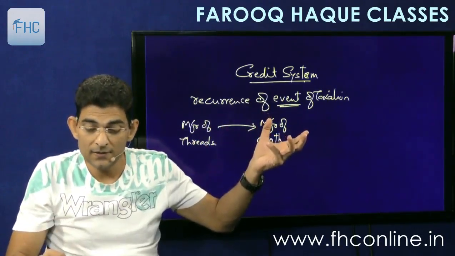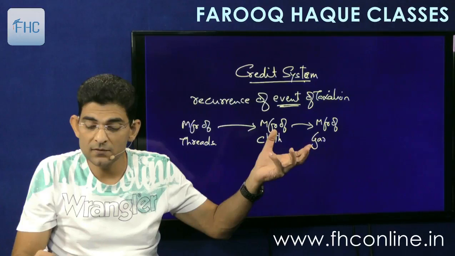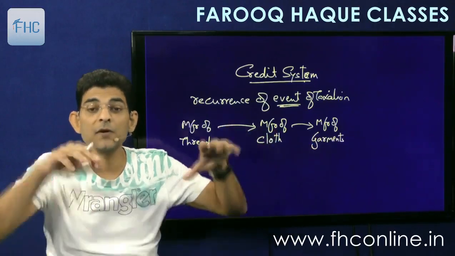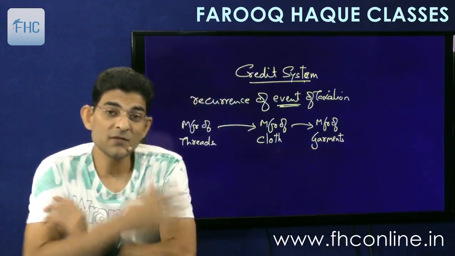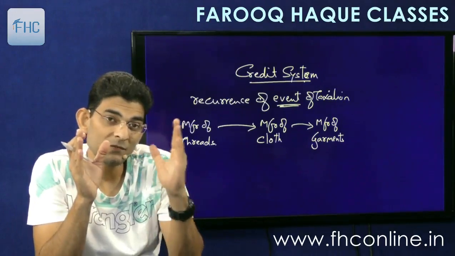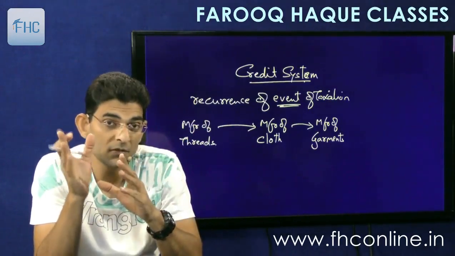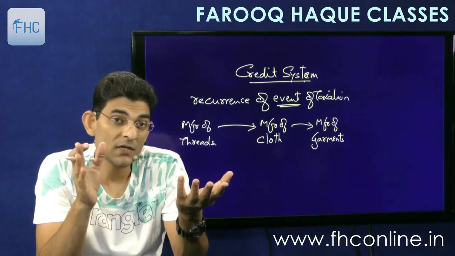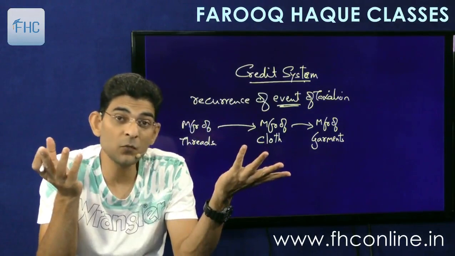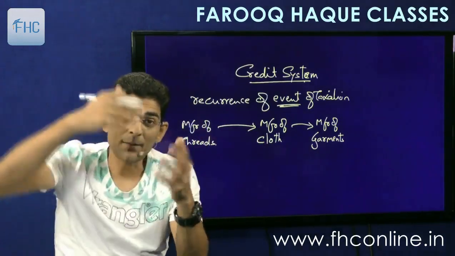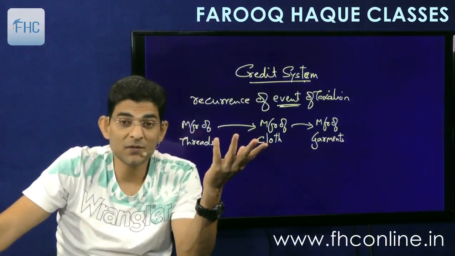Then he sells the goods to a manufacturer of ready-made garments or different kinds of products out of cloth. So he's again a manufacturer. So see, the event of manufacturing is happening 3 times continuously. The output of one person, the finished goods of one person, becomes raw material for the second person. Then his finished goods become raw material for the third, and his finished goods may become raw material for the fourth, and so on. It can happen so many times. The cycle can keep going on for maybe 8 to 10 times in some cases.